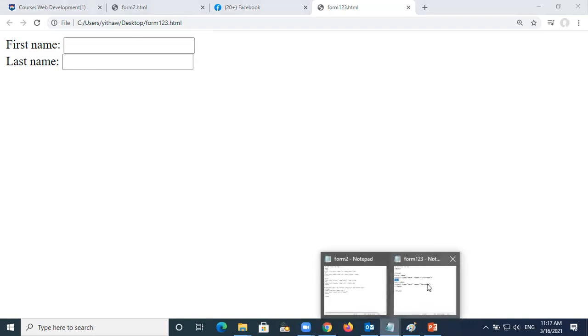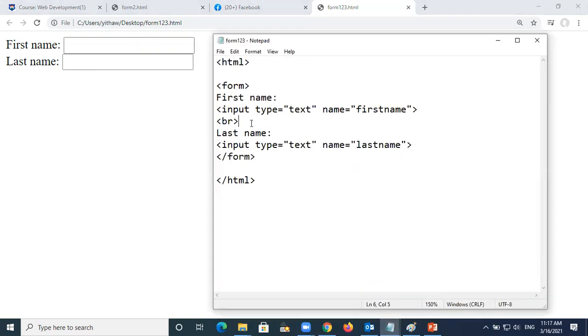So I believe that you can edit these things, right? So put another BR, no need to be two lines. You can continue the line. See, I have two BRs now, and then there will be some space between the two boxes here.